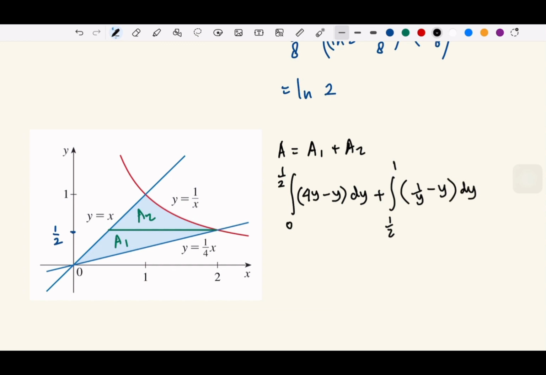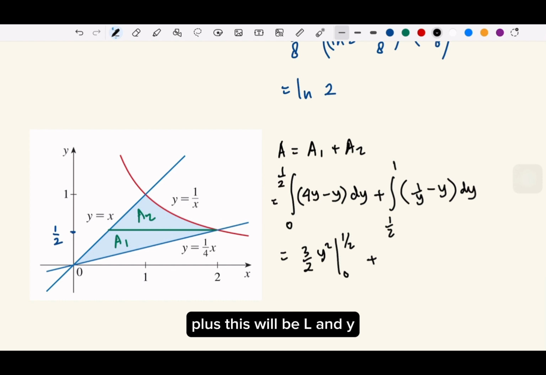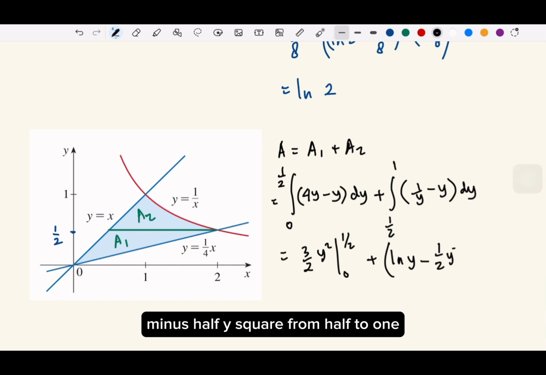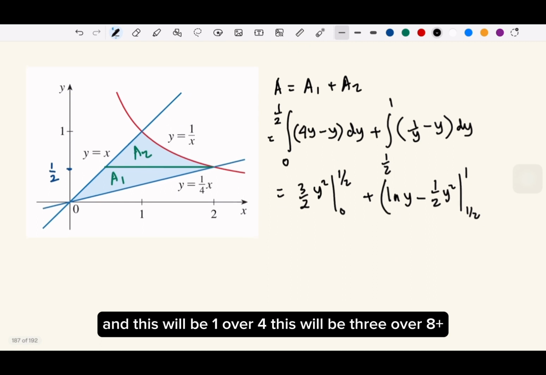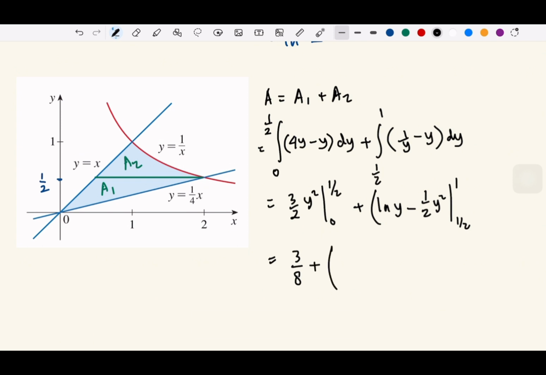Okay, this will be 3y, so 3 over 2 y squared from 0 to half, plus this will be ln y minus half y squared from half to 1, and this will be 1 over 4, this will be 3 over 8, plus this will be ln 1 is 0, minus half